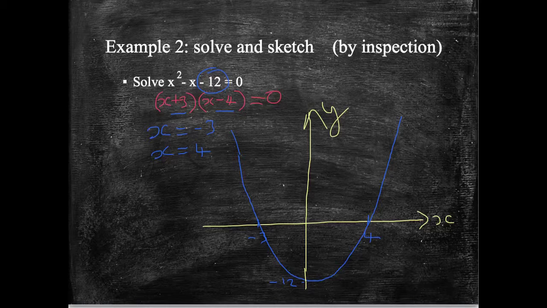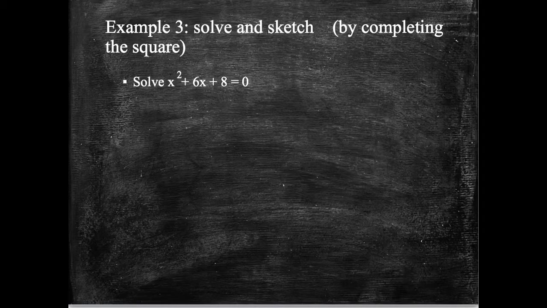Okay, so sketching and solving, factorising is the first step. Once I've factorised, I then need to think about what each bracket could be to make the bracket equal to 0, so that I've got nothing here or nothing here, and I can do that simply on here by changing the signs. Okay. Next example then, we're going to have a go at solving and sketching by completing the square,